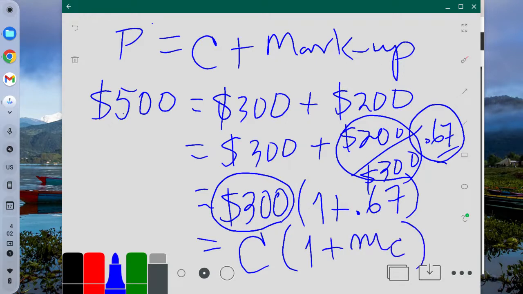It's going to be C times 1 plus markup rate based on cost. Okay, that's one way we can represent it. Or we can also express it by markup rate based on price. The same example, this is the same example, but